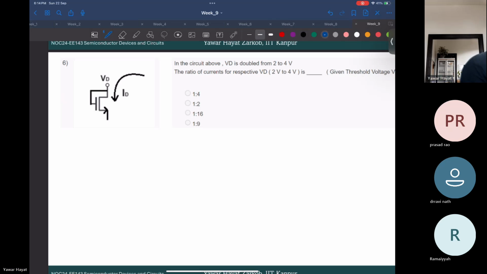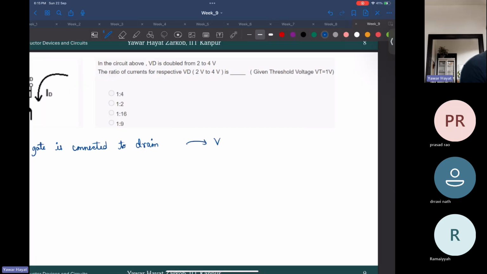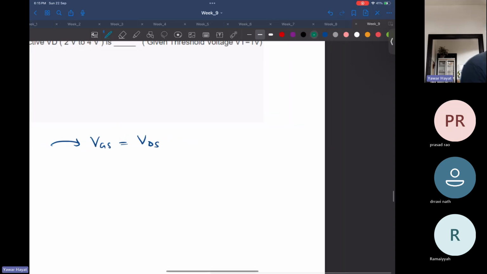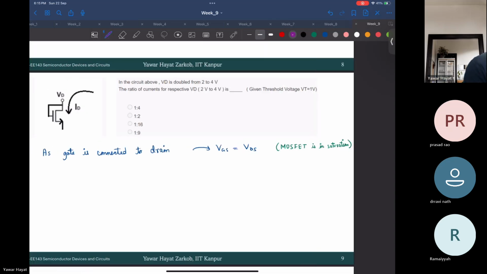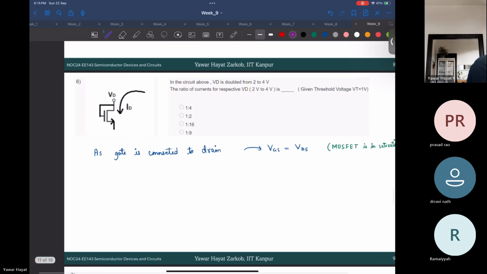As your gate is connected to drain, your VGS is equal to your VDS, or I can say your MOSFET is in saturation, right? And therefore,